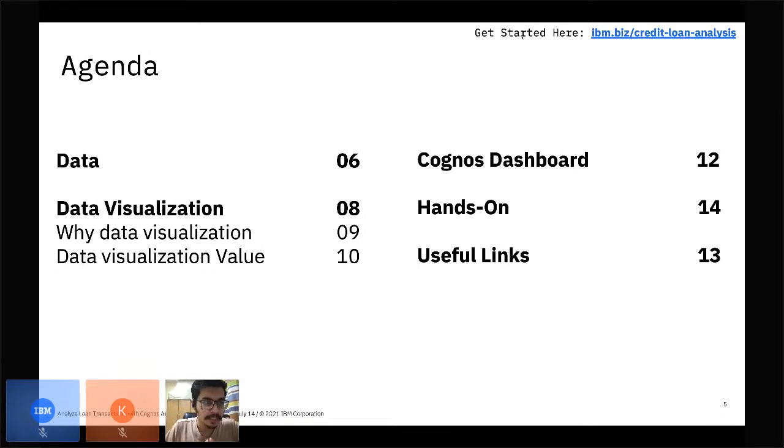So this was the agenda. I'll just repeat the agenda again. We're going to cover what is data and how is it utilized everywhere. Then we're going to see, what is data visualization? Why do we visualize our data? And the value we get by visualizing our data. Then we're going to cover what is Cognos Dashboard. And then we're going to have the hands-on session, which is going to be conducted by Khalil, who's going to be taking us through a very interesting use case. And then we have some useful links we'll be sharing at the end of the session, which help you continue your journey towards data visualization. So moving on,